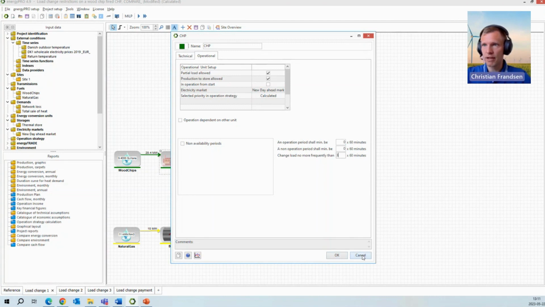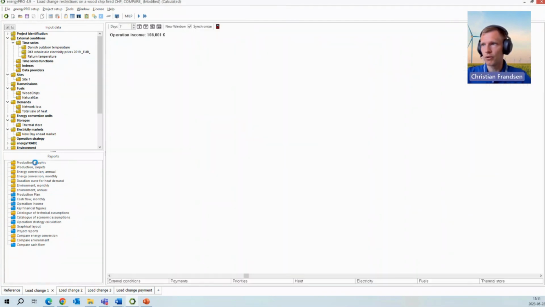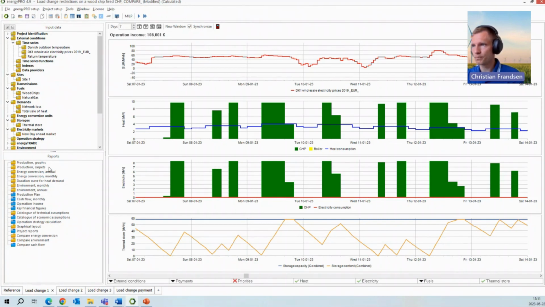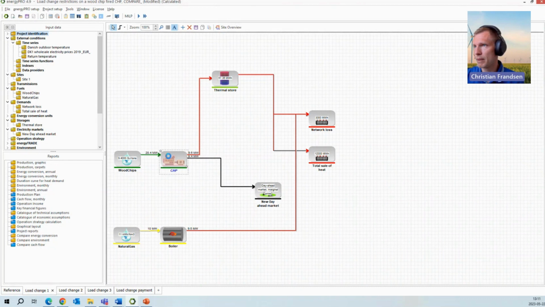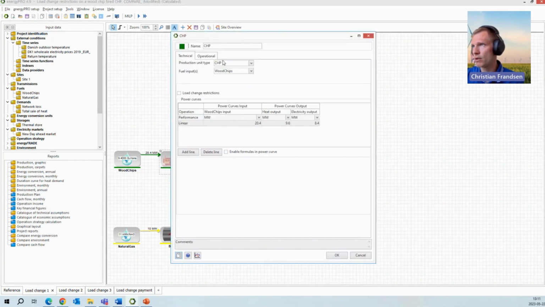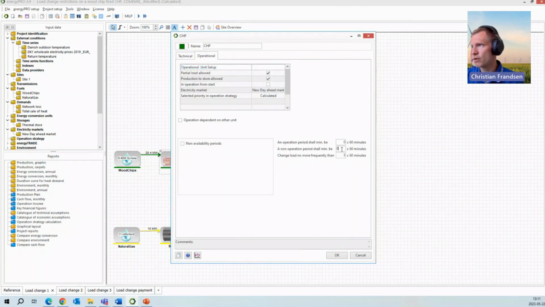So let's have a look at how the operation of this one looks like. We can see now that even though we are allowed to partial load very down to 0, it's always at least 3 hours that we have this unit at the same load level. If you remember, we had also before introducing this one, we had also these two fields here stating that an